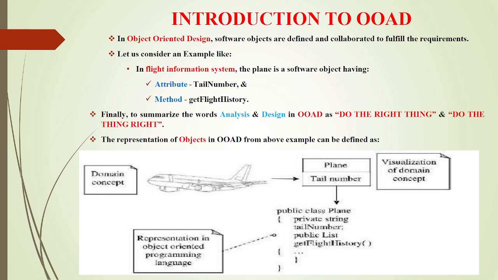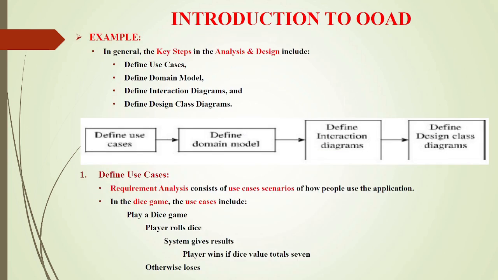UML and Rational Unified Process is a beautiful concept where the design could help automatically in generating the code. This talks about your object oriented analysis and object oriented design. With this, we will stop here, and in the next session, we will look into more examples in defining a use case, a domain model, an interaction diagram, and